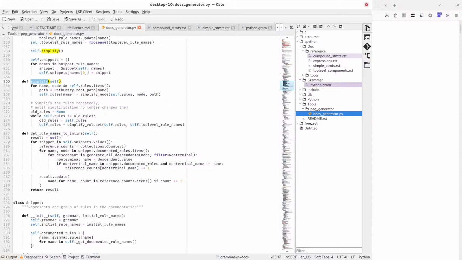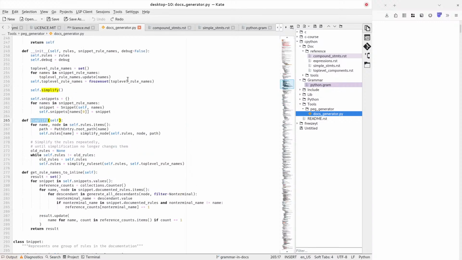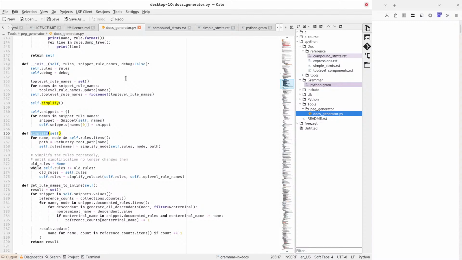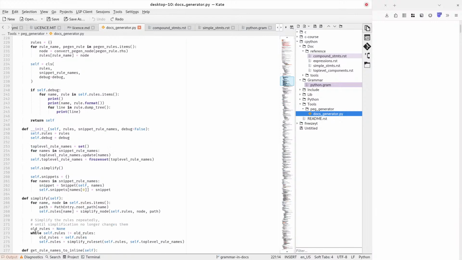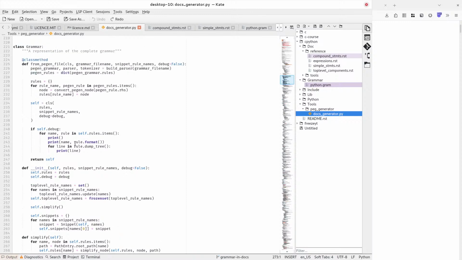Can we reprocess all the snippets after all the simplification is done? Sure. Just keep a list of all the snippets that we have and call the method again. Yeah, but at that point, we could just create an entire new grammar object, because all that is the list of rules, which gets recreated anyway, and the snippets, which we now need to recreate too. Yeah, definitely makes sense. So,